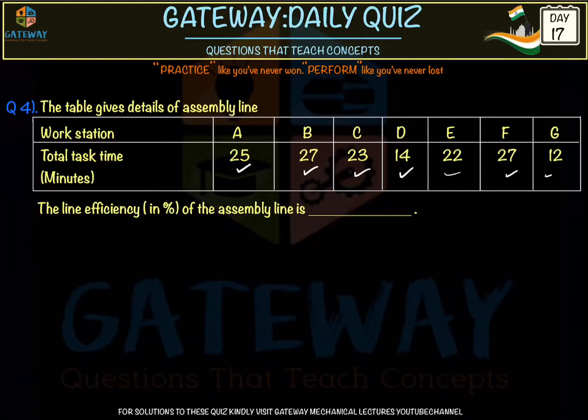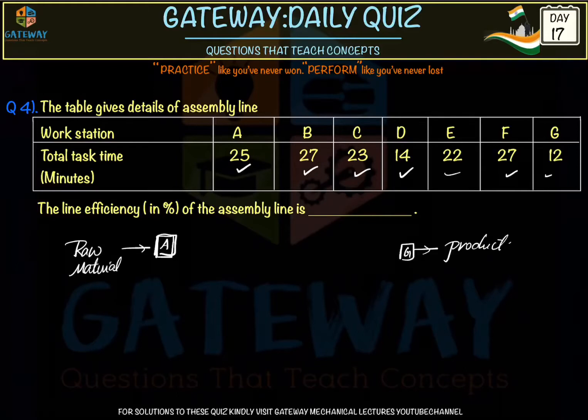So here we need to calculate, this is a line. Your product enters workstation A, and it will finally leave at workstation G. In between we'll have all these workstations, right? So we need to calculate the line efficiency. For this type of arrangement, line assembly is nothing but the arrangement of all the workstations in an order, so that our raw product passes through all of them, and finally we'll be getting the product. Here we'll be sending the raw material and we'll be getting our product here. Okay, so we need to calculate the line efficiency.